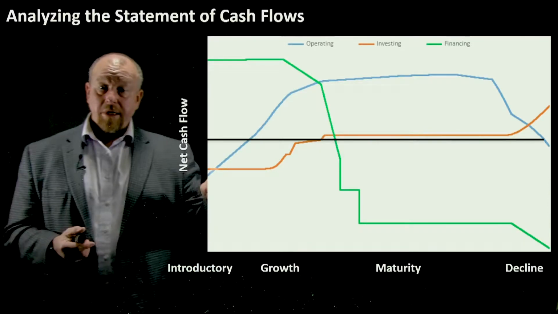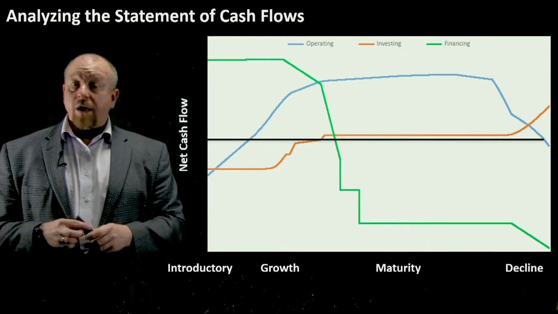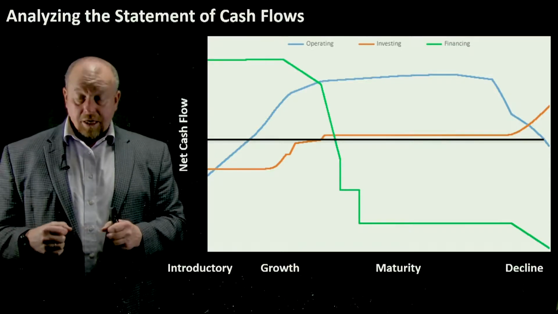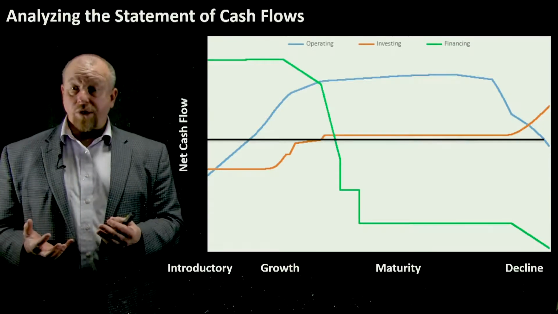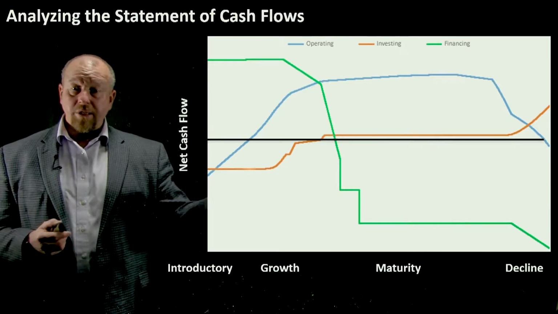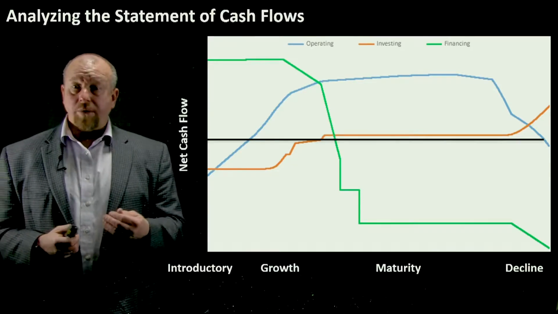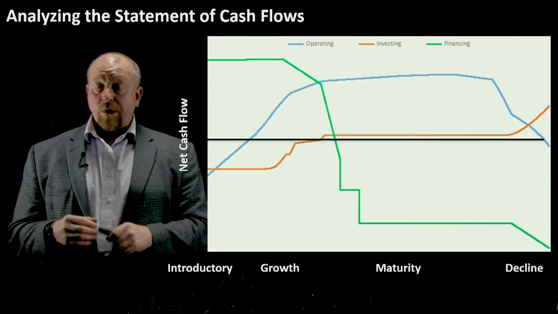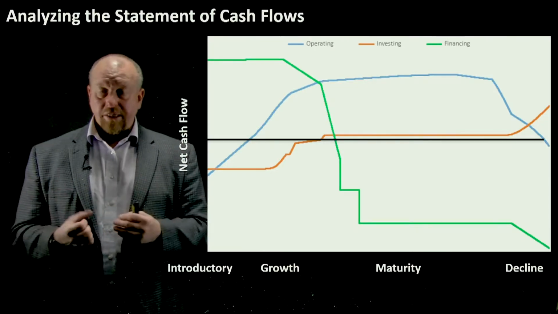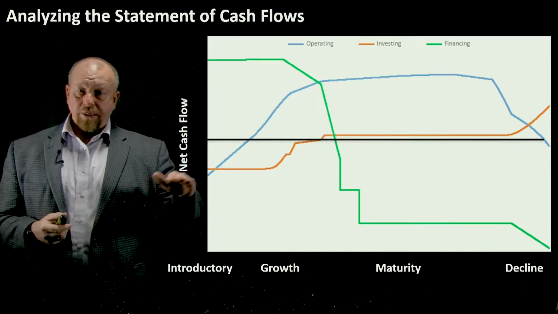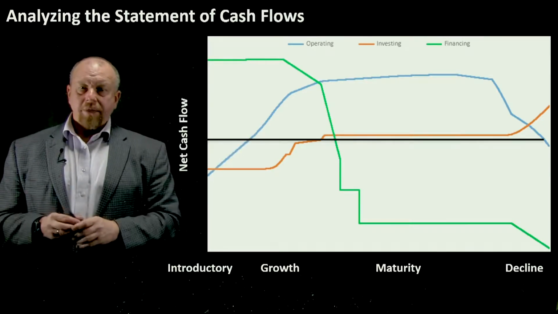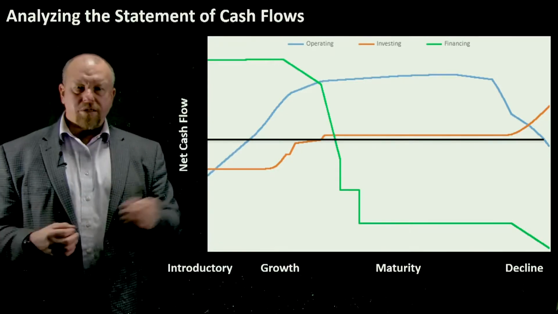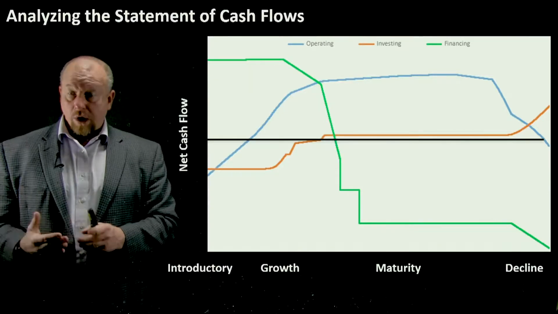A growing company, if you look at this orange line, a growing company still will have needs for capital expenditures and further investment in infrastructure. Now, as the company completes its growth cycle and heads toward maturity, hopefully we kind of level off and we don't have to keep purchasing equipment and buildings and things like that. So it would be natural that this orange line, the investing cash flows, kind of approximates something towards zero, or maybe just slight investments in the long run.